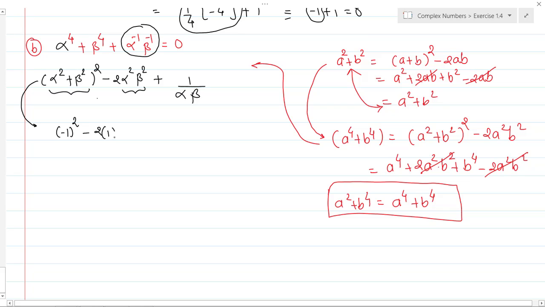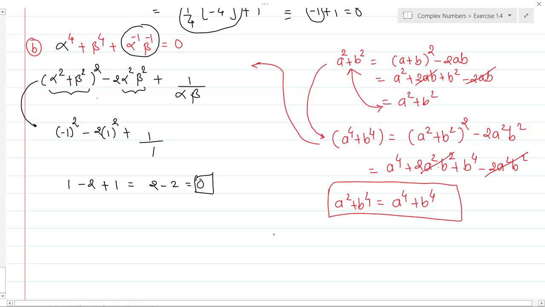So it is 1 plus 1 upon alpha into beta, again alpha into beta, so it should be squared. Okay, 2 into 1 squared. So again we have alpha into beta, again its value will be 1. So (minus 1) square is nothing but plus 1. So it's minus 2 into 1 square, which is minus 2, plus 1. So it's nothing but 2 minus 2. This equals 0. Is it okay? Understood?